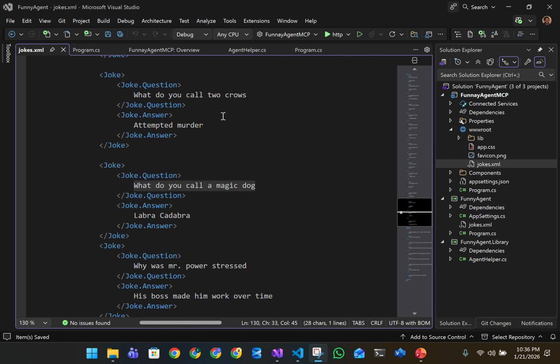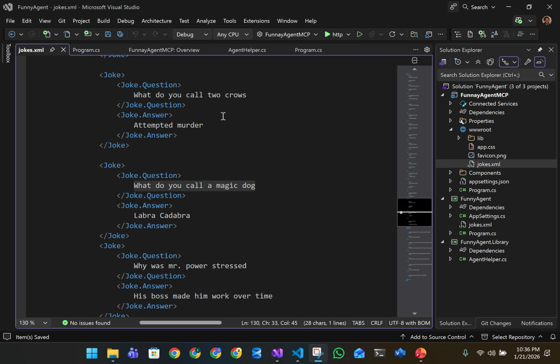With the MCP server now created and tested, and we can see that it functions properly, the next step is for us to publish it as an Azure app service so that we will be able to leverage it inside of Foundry. And now, the same way that Visual Studio Code that we just saw was able to connect to this MCP agent and we were able to use it,